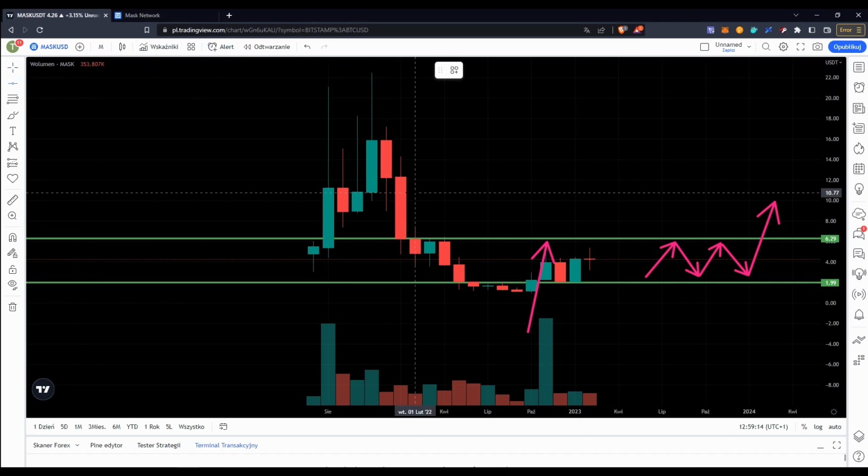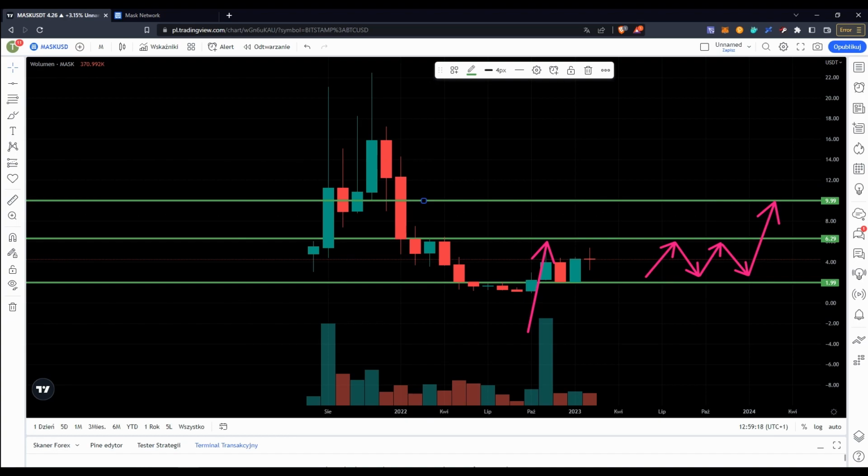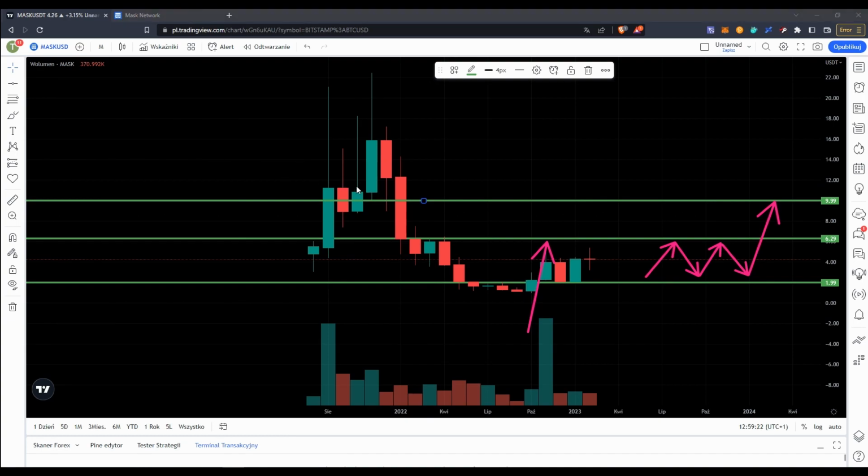In that case, it looks like we might hit the swing low which was broken over here. So 630 again, and then $10 as a near-term possible resistance and supply from the monthly chart perspective, where we might see some selling pressure.